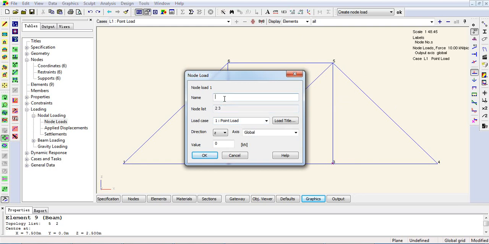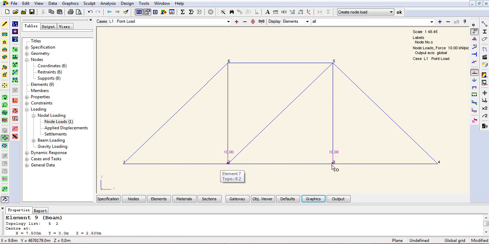So again, name it as point load. Load case, there will be case 1, direction is z, and the value is -10. So we still have the same load case arrangement. Okay,